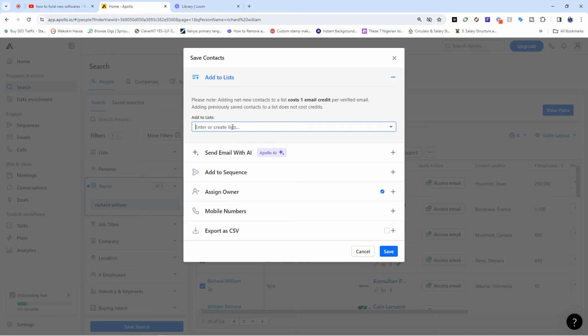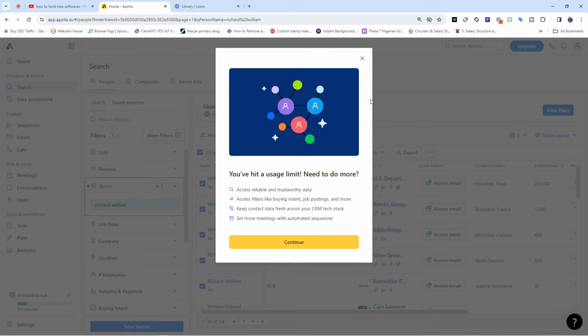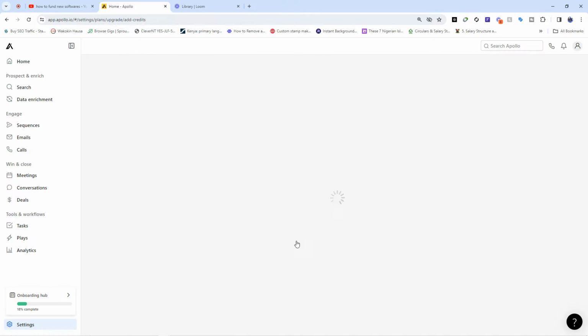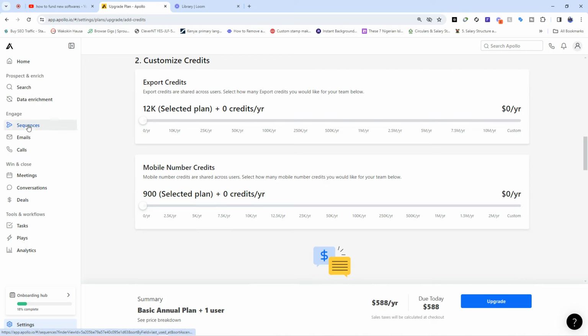When you click on save people, you're going to be able to save this list. And how do you save the list? You create a list by entering the name you want to call the list, and then you click on create new list, Dubai. When you click on that, you say, okay, save. When you click on save, it means that this has now been saved into your